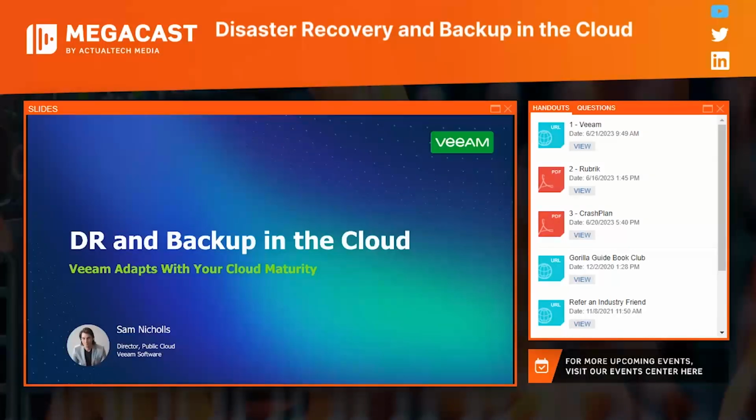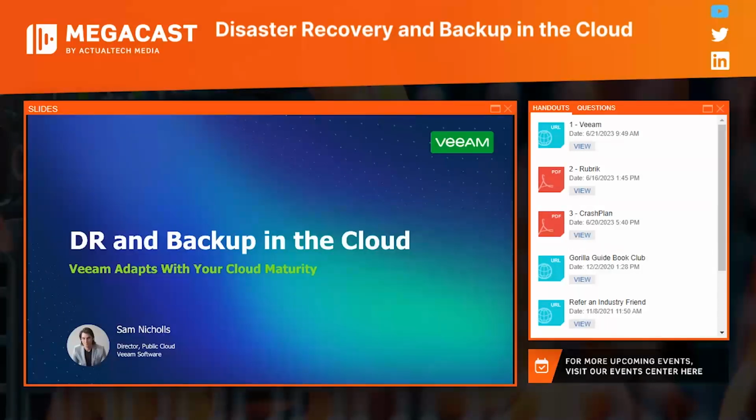We see so much research out there that is looking at how folks' environments look today. Are they in a hybrid model or a multi-cloud model? And the vast majority of folks are. 94% of organizations are operating in this hybrid and multi-cloud model now. But it's really like a scale, right? It's not just one day you're on premises and the next day you're hybrid. It is this constant journey, this constant adaptation as you start to do different things with the cloud.